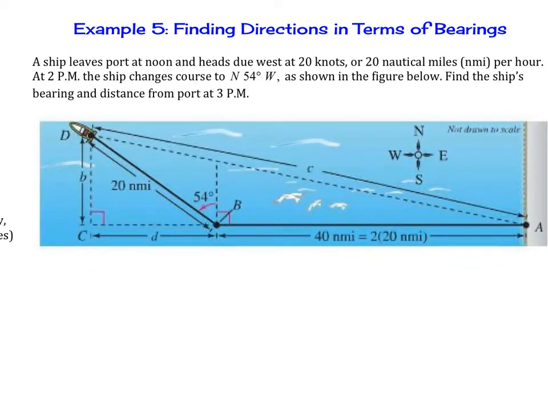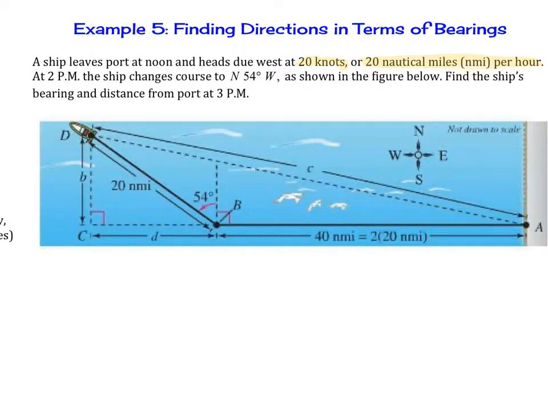A ship leaves port at noon and heads due west at 20 knots, or 20 nautical miles per hour. At 2 p.m., the ship changes course to north 54 degrees west as shown in the figure below. We define the ship's bearing and distance from port at 3 p.m. So what's important to note is, number one, we have 20 knots. 20 knots is 20 nautical miles per hour. Miles per hour, really important, because some other problems that we're going to have next will have to do